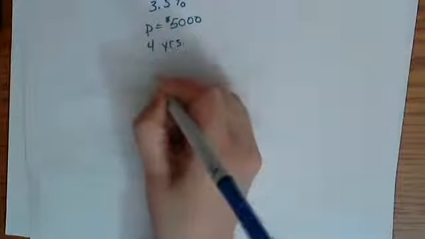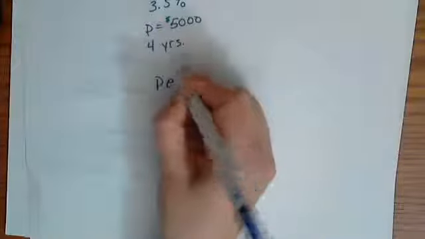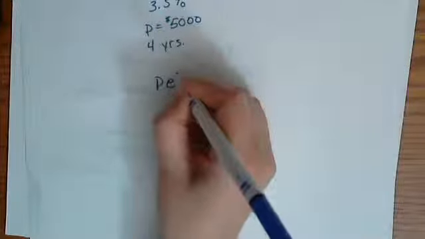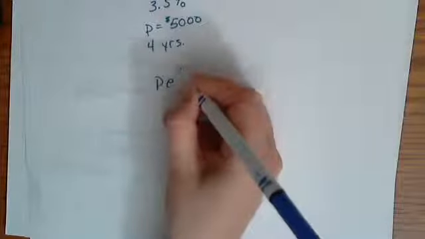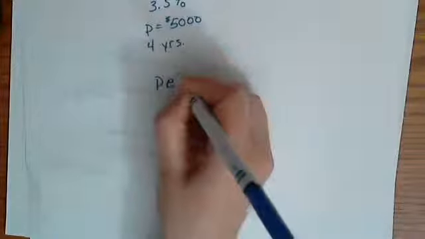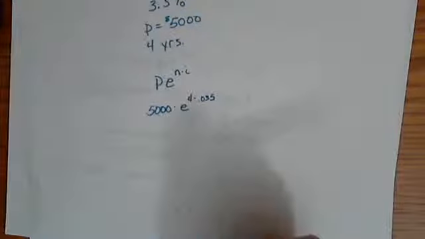So it's going to be our principal amount times e to the number of years that you want to do this, and then times the interest rate. So the number of years here would be 4. I'm going to call n the number of years, and the interest rate is going to be i. So for us it would be 5,000 times e to the 4 times 0.035. And if you plug that into your calculator, the answer should be